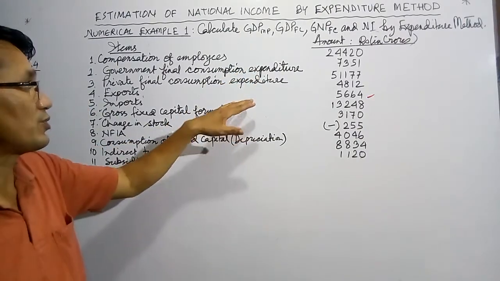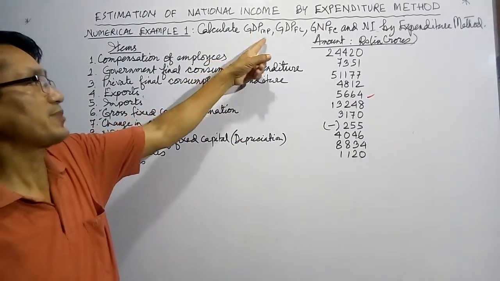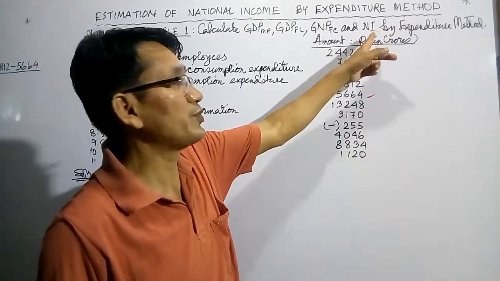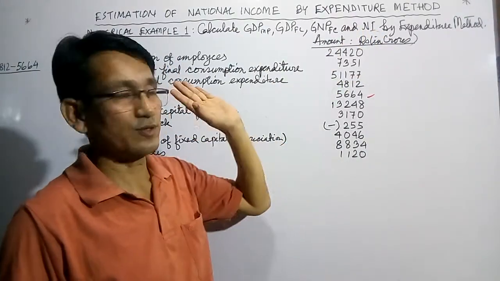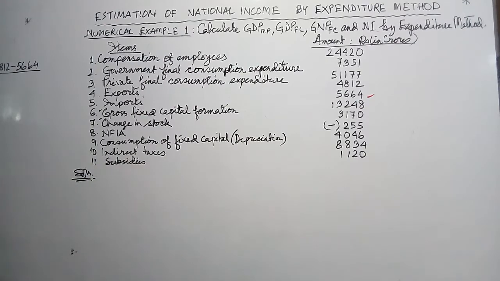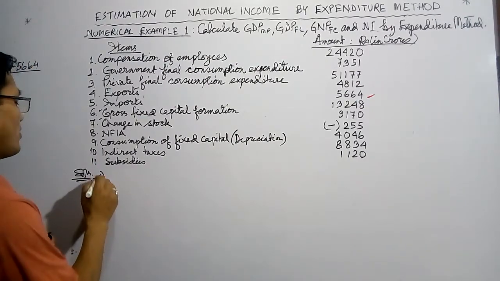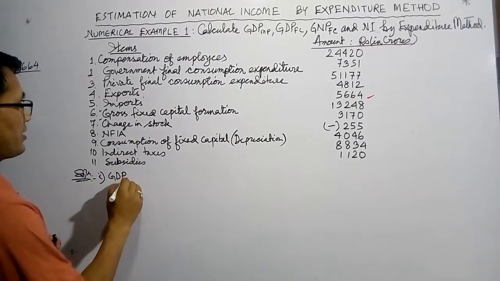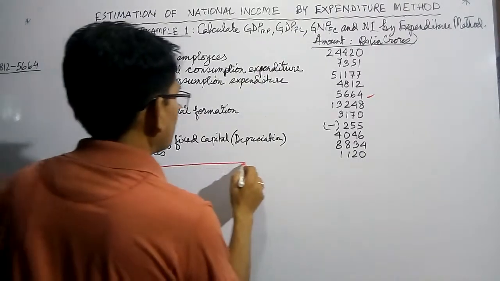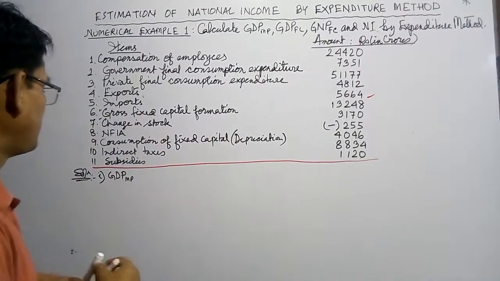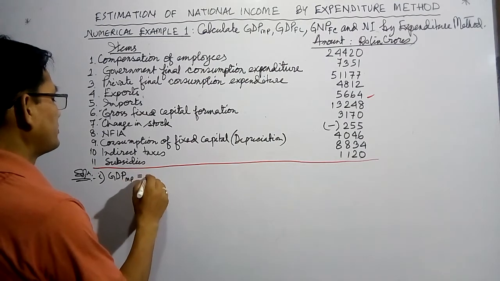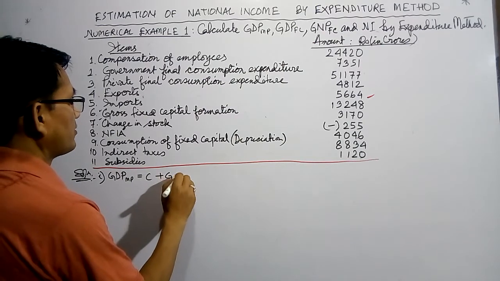By using this data, we are going to calculate gross domestic product at market price, gross domestic product at factor cost, gross national product at factor cost, and lastly the national income, which we call net national product at factor cost. Let us take number one, GDP at market price. Let me draw a line here so that it is not mixed up. GDP at market price is given by the formula C plus G plus I plus